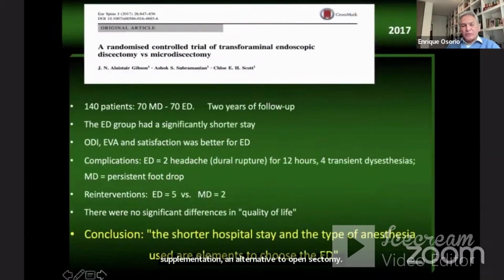And in 2017, this randomized controlled trial study in 140 patients, and the conclusion was the shorter hospital stay and type of anesthesia used are elements to choose the endoscopic discectomy. And